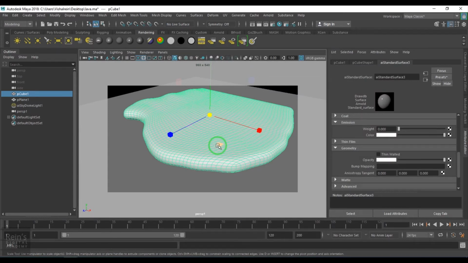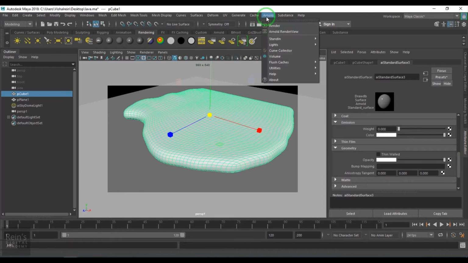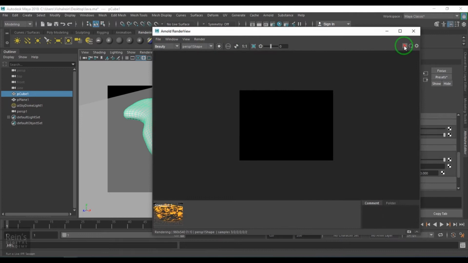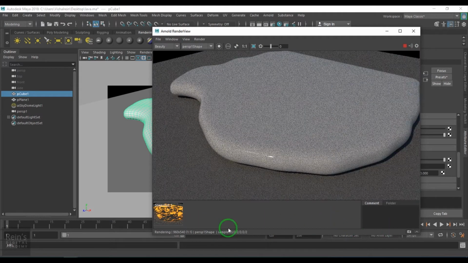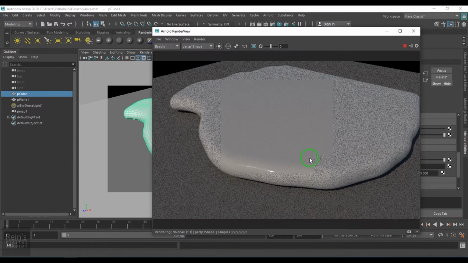Okay, lava shader, I'll be doing that in the Arnold software. So first, I'll just render the scene. I've already done one example, you could see there. So this is what I've got here. This is very simple, basic, nothing complicated about it. A plane, a lava model, an AI standard surface shader assigned to the ground plane, and an AI standard surface shader assigned to the lava geometry.